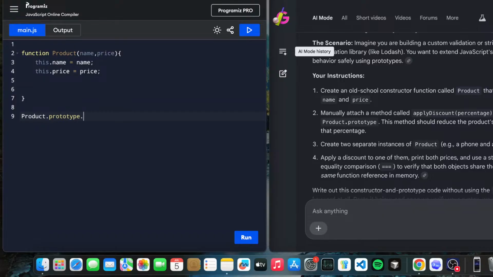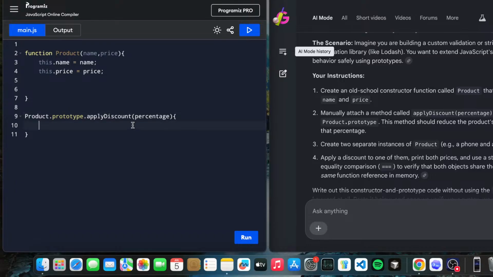Dot applyDiscount. Remember, like this is how we created the prototype method before. It takes a percentage. This method should reduce the product price by that percentage.